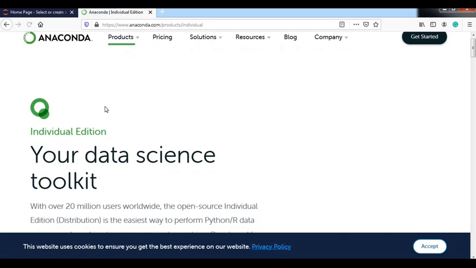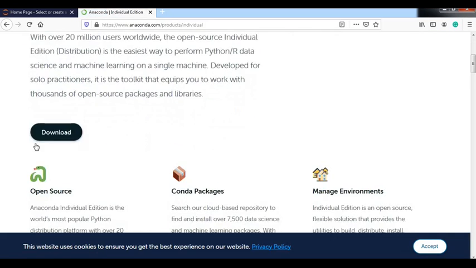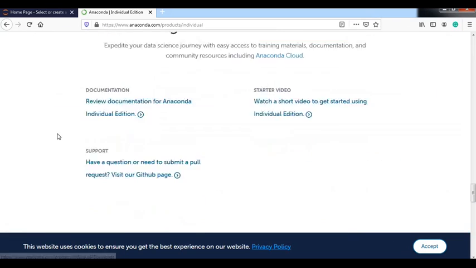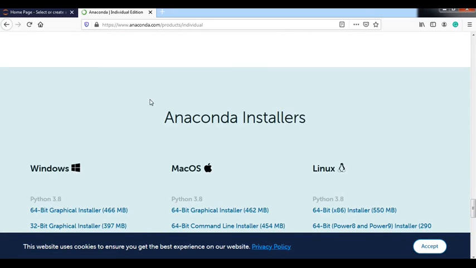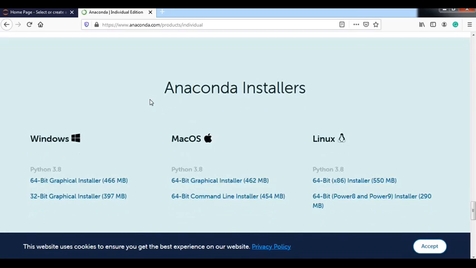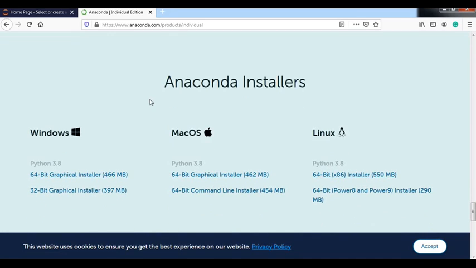Now find the download button which is here. When you click on the download button, it will ask you about the operating system which you are using on your machine, whether it's Windows, Mac OS or Linux. So according to your system requirements, you can download the Anaconda version from here.